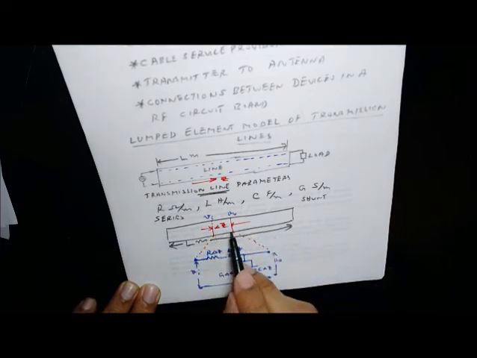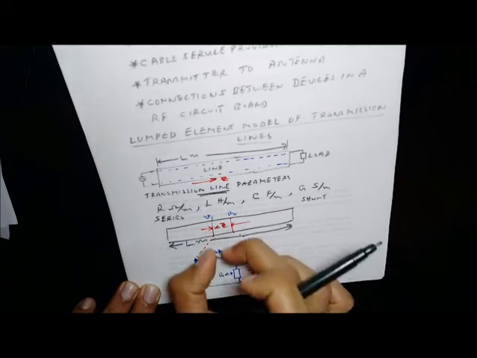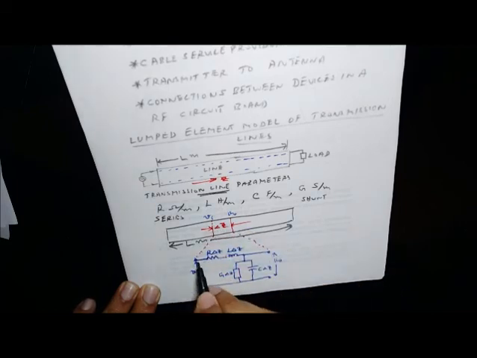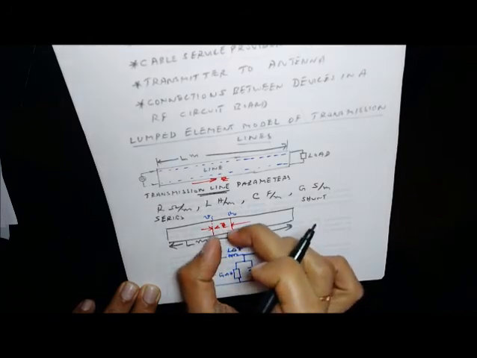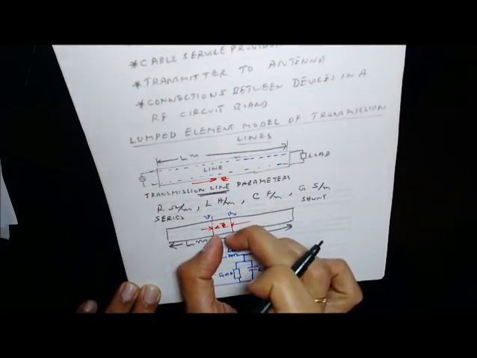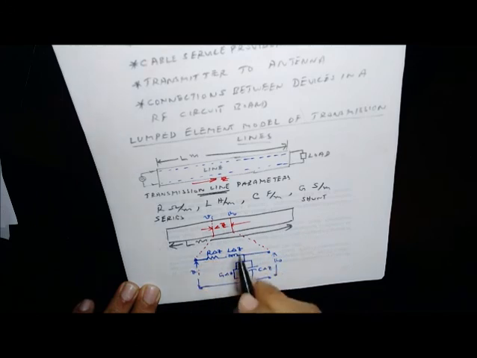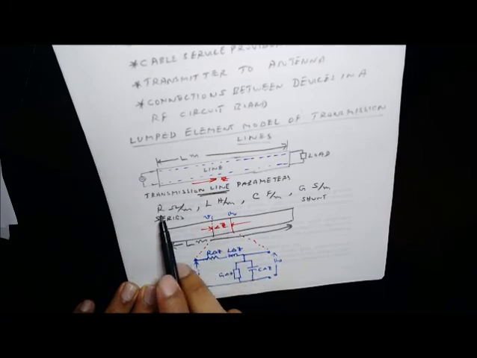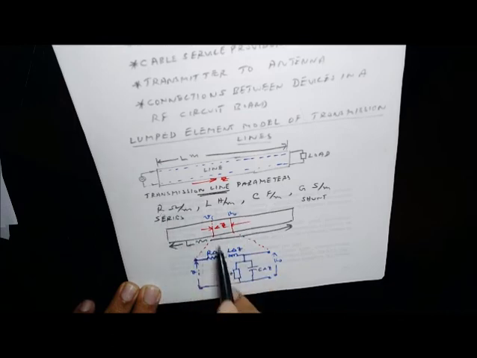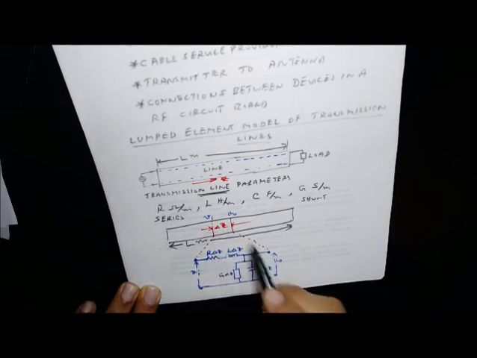Now, since the length is delta z, the resistance of this tiny section will be R into delta z, and that will be in series. So I'm going to represent this tiny strip, a small section of the transmission line, in the form of a circuit. So the resistance of this will be R into delta z. The inductance will be L into delta z. See that I am multiplying the transmission line parameters with the length delta z, because as I said earlier, the transmission line parameters are given per unit length. So the resistance of this will be R into delta z. Inductance will be L delta z. They are coming in series.